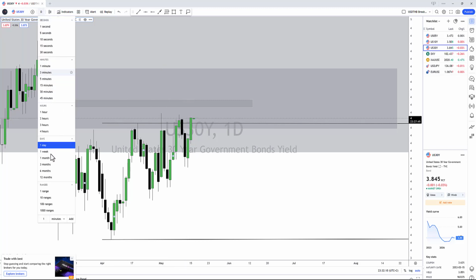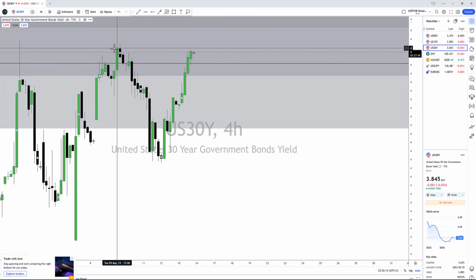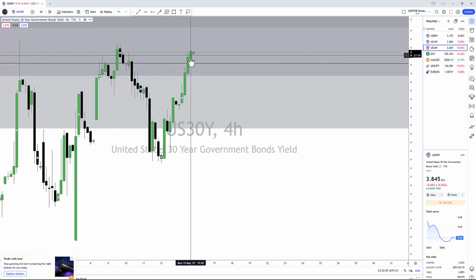Let's see what it looks like on H4. You see, we are still below these levels here. Remember, there's a daily bearish order block here, 1, 2, 3. I think it's 1, 2, 3, 4. These candles here, that's our daily bearish order block. Price is meandering